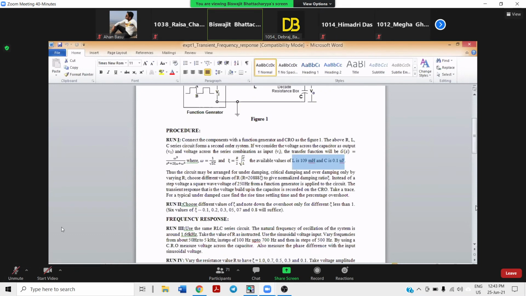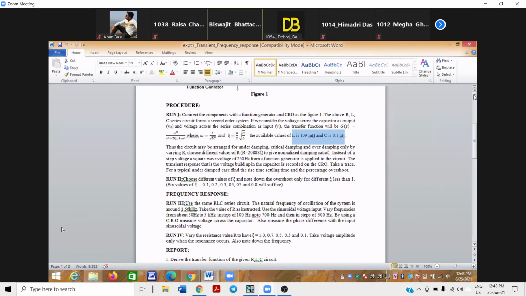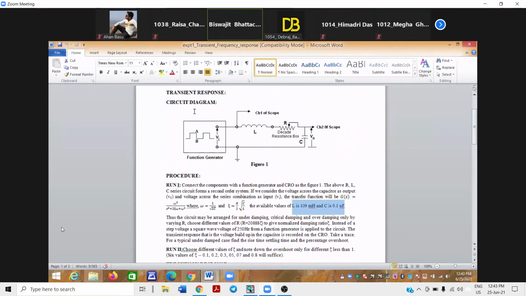So the next thing is that there will be a frequency response, where we will vary the input frequency. How, I will tell you later, not now. One thing I can tell you at this stage: to find the frequency response, we have to remove the rectangular pulse train.